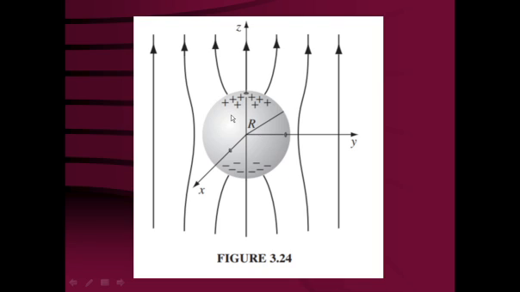Then after the distribution of this charge stops, the charge accumulated over the sphere is non-uniform. It is a function of theta. So, with respect to z, anywhere on the sphere, this is the angle theta. So, this is a function of theta. At theta equal to 0, the maximum charge will be there. At theta equal to pi by 2, the minimum charge will be there, and again at theta equal to pi, the negative charge is going to be the maximum. So, this way it is non-uniformly distributed over here.